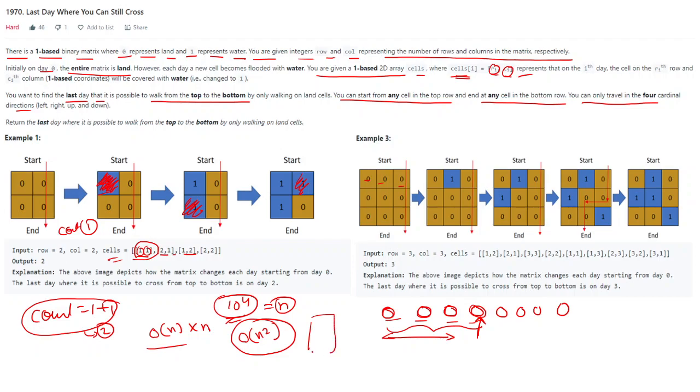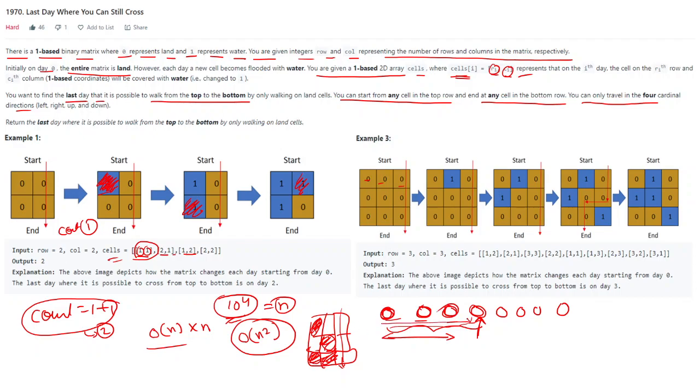So you have a grid. Suppose this is our grid, and suppose these are 3-4 elements present here. Let's flood all 4 elements. Now we'll check, after flooding these 4 cells, can we move from top to bottom? If yes, we need not do the check for every element. Like taking this one, filling it and doing a DFS, then taking the next, filling it and doing a DFS, we won't have to do that.